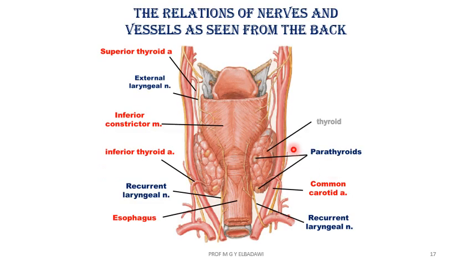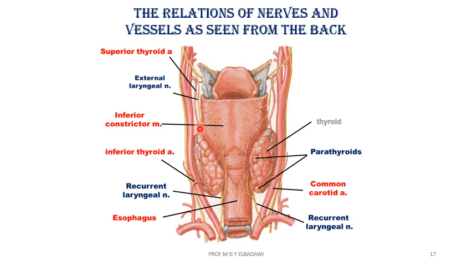That's the view from the back of the pharynx and the esophagus and back of the thyroid gland, to show very important relations of the superior and inferior thyroid arteries with the laryngeal nerves. That is the superior thyroid artery, joining the external laryngeal nerve until both of them reach the tip of the lateral lobe of thyroid gland, very close to each other.